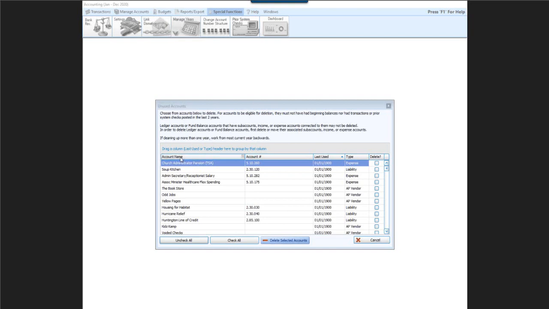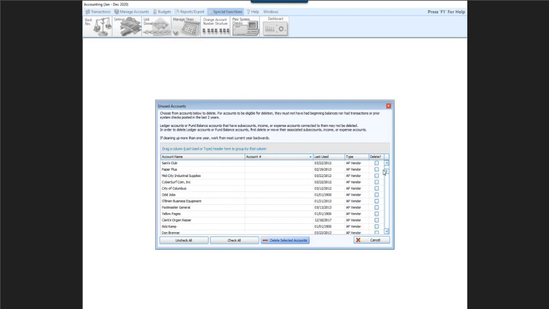But again, you can resort these columns any way you want. If you want to sort them alphabetically, you simply click the column header called account name. Now notice it's sorting all of the accounts A to Z. Or if I want to sort by account number, I simply click on the column header called account number and it'll sort them numerically. So if we scroll to the top, notice we've got a lot of vendors in this list. They have account names, but no account numbers. Once we scroll down, we eventually do begin to run into our account numbers, starting with assets, then liabilities, funds, income and expenses.